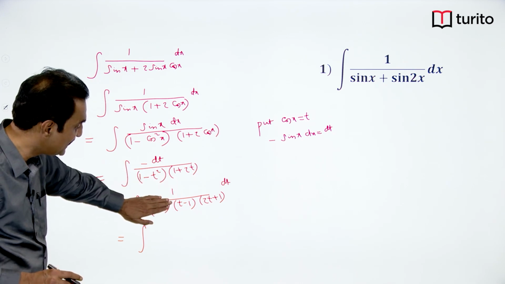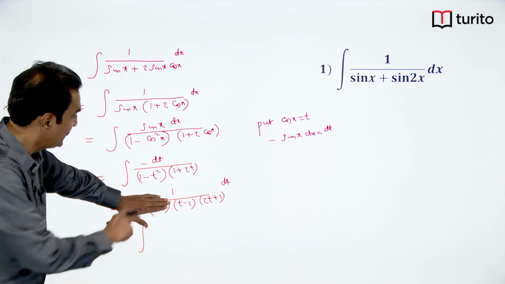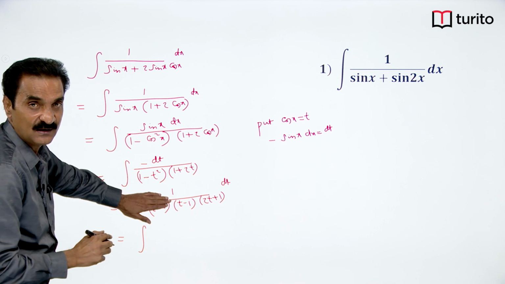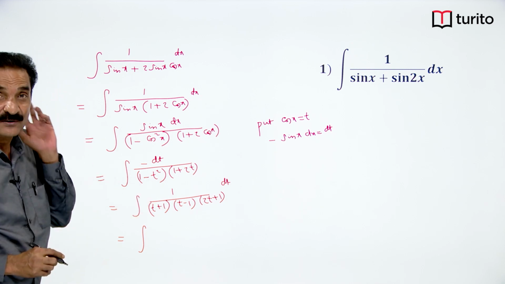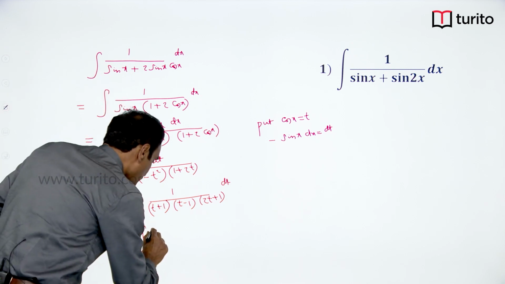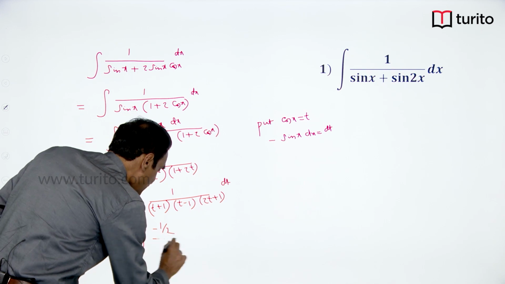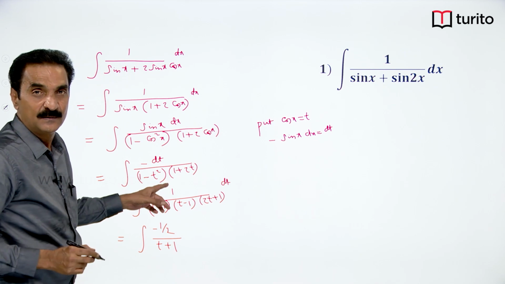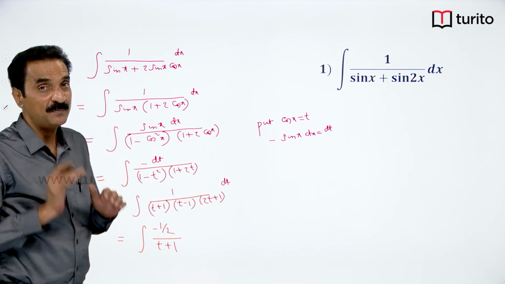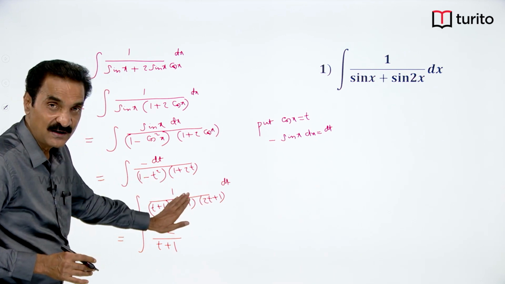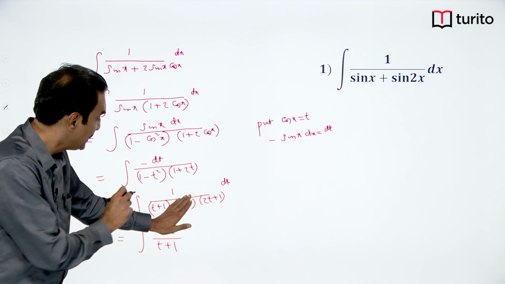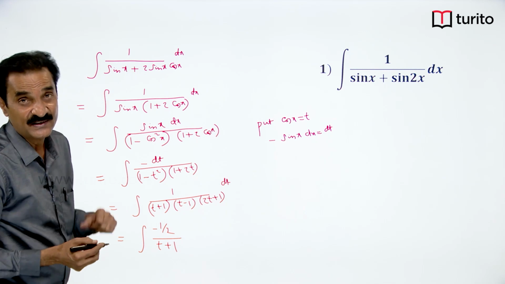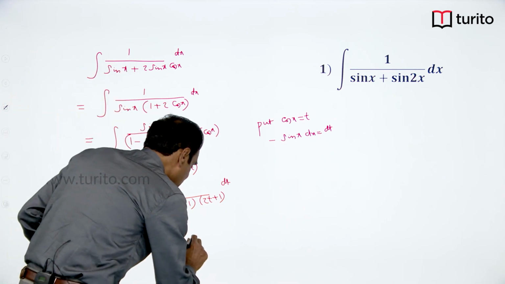So cover this and put t is equal to minus 1 in the remaining. 1 by minus 2 into minus 1, minus 1 by 2 is the value of a. So minus 1 by 2 by t plus 1. Next, plus b by t minus 1. How to get b? You cover t minus 1 and put t is equal to 1 in the remaining. 1 by 1 plus 1 into 2 plus 1, that is 1 by 6. So b is 1 by 6